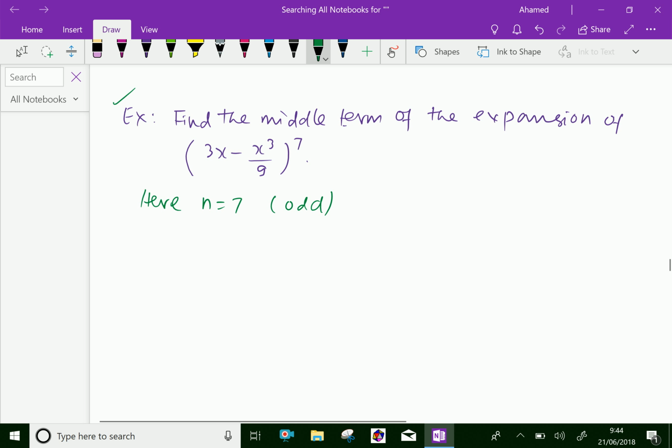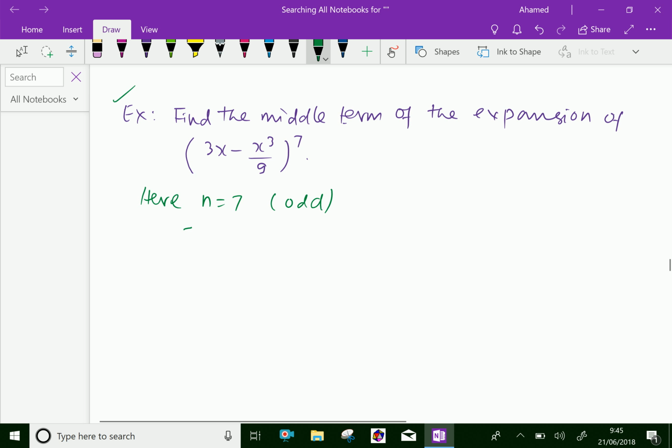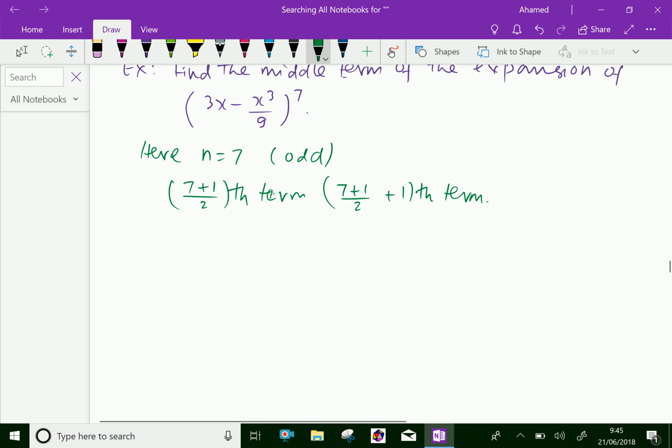Therefore, the (7 plus 1) by 2 th term and the (7 plus 1) by 2 plus 1 th term. There are two middle terms. First, here 7 plus 1 is 8, by 2 is the 4th term,